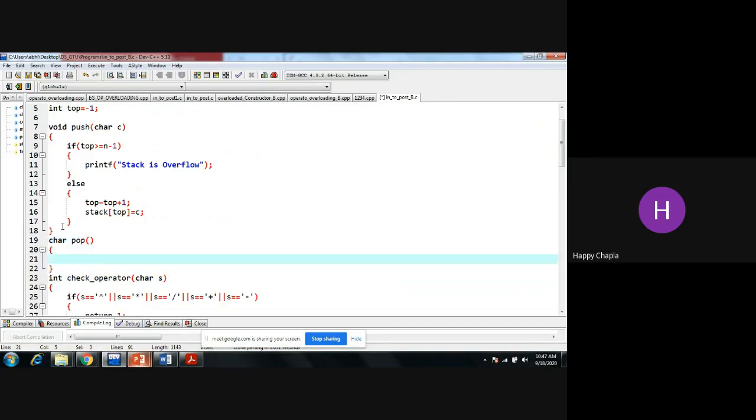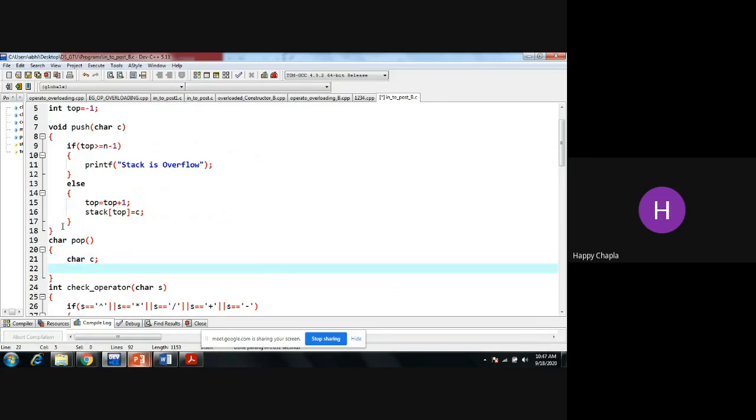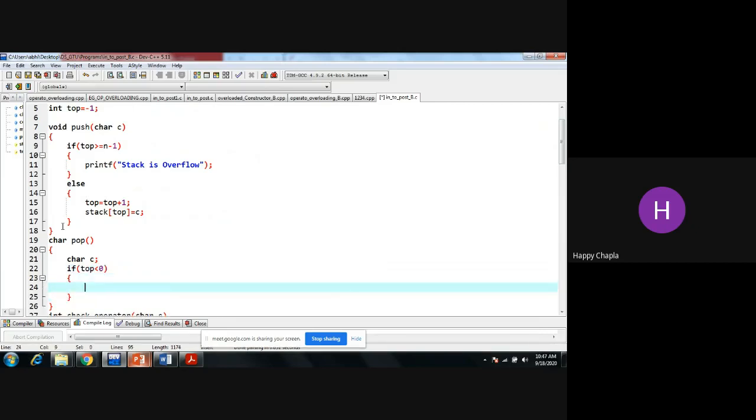First we have to check that if my top is less than 0, or you can say equal to minus 1, then printf no elements in the stack.